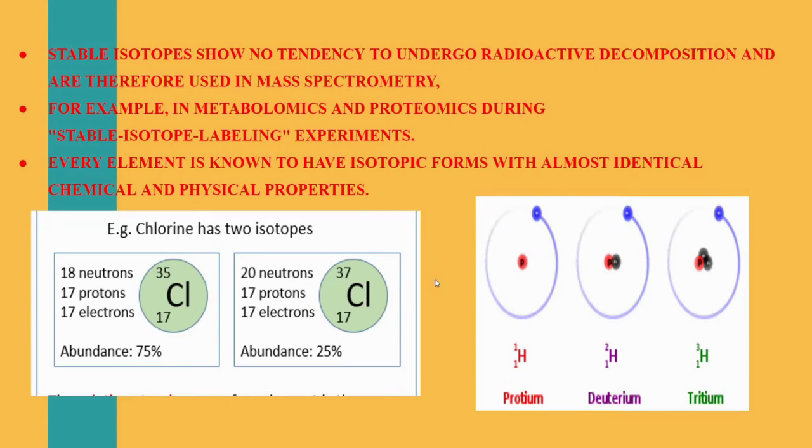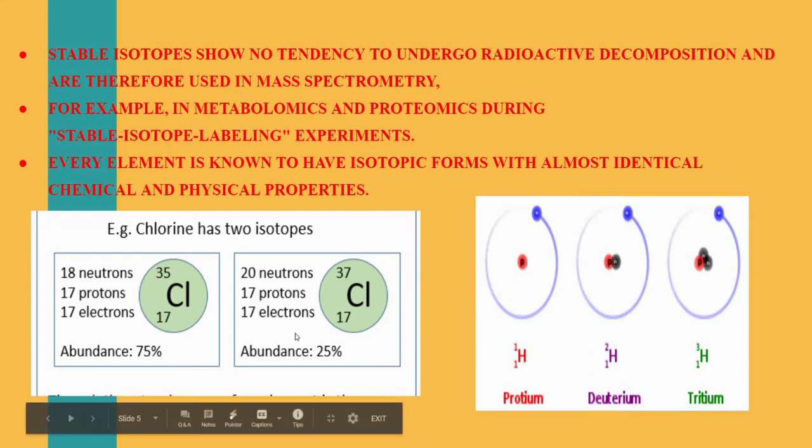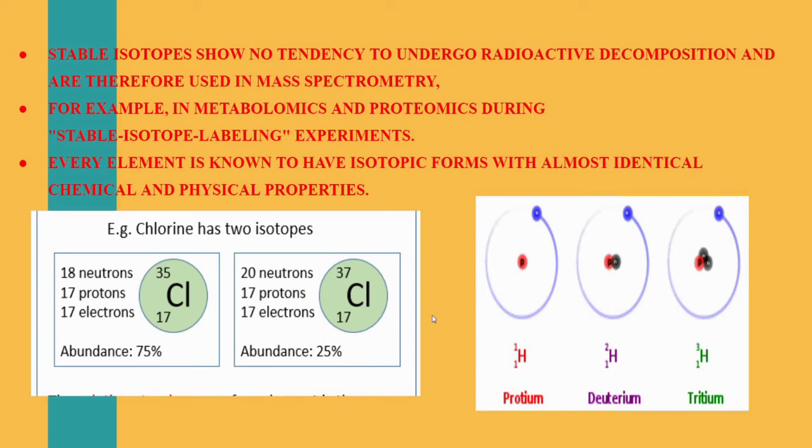So isotopes are atoms having the same atomic number but different mass number, and almost all the isotopes of the same element will have identical physical and chemical properties. Why? Because they are the same atoms only. They differ only in their uncharged number of neutrons. Neutrons are uncharged, but the number of electrons and protons are the same. So this is about isotopes. Hydrogen has three isotopes, chlorine has two isotopes, and the isotopes are classified into two categories: stable isotopes and non-stable isotopes. And the non-stable isotopes are radioactive in nature.